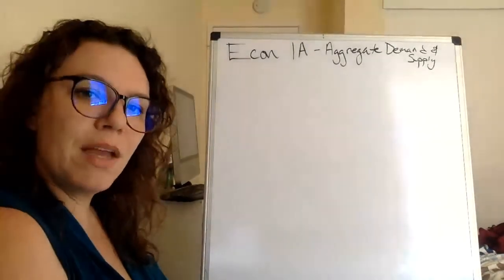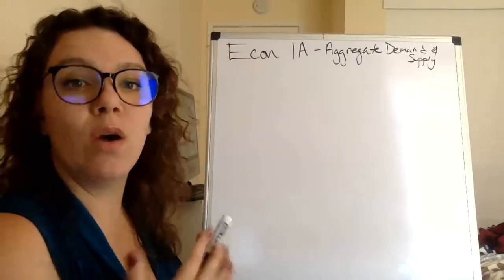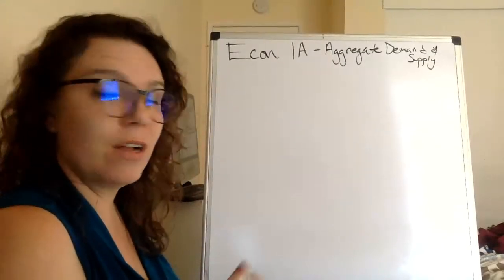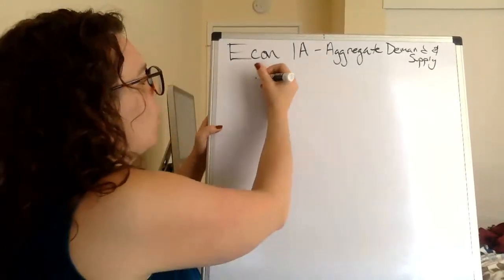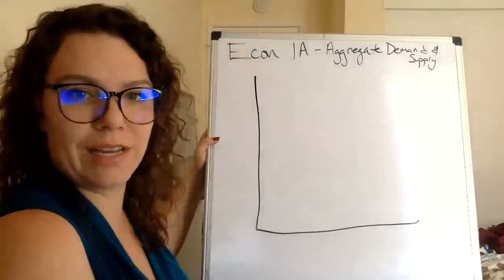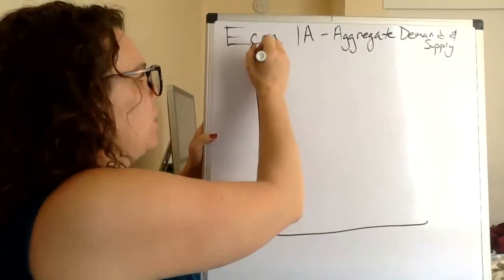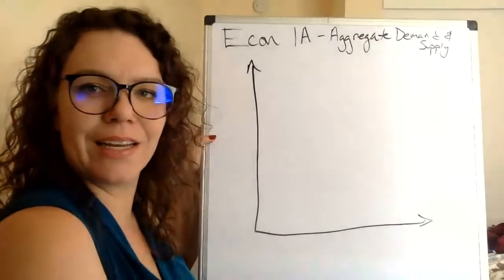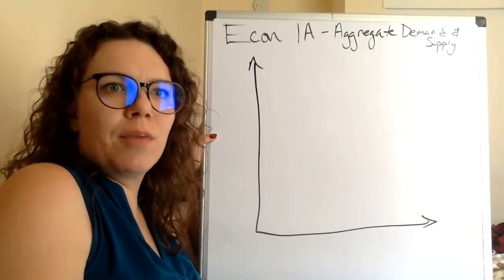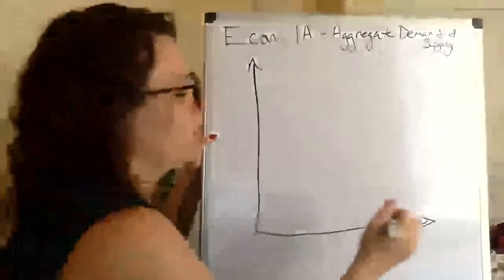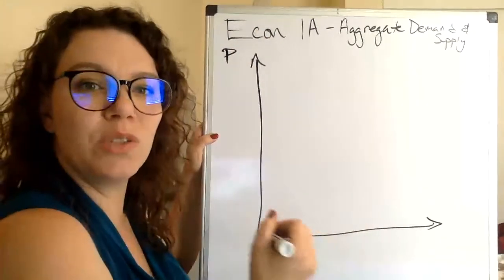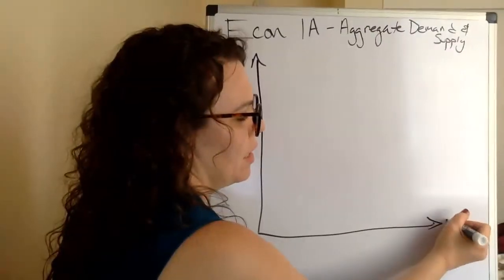So the aggregate demand, aggregate supply model, remember, is a model of the whole economy for a country. So we could think about the United States, right? We have the United States' whole economy. And so because it's the whole economy, it's going to be like the market forces of supply and demand model, in that it's going to be quantities and prices, but it's going to be different in that instead of looking at just the price and quantity of a single good, we're going to be looking at the price level for the entire economy, P, and we're going to use our measure of the quantity is going to be GDP, or